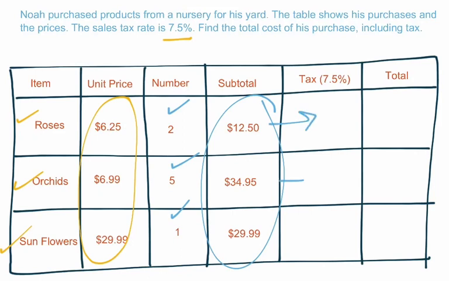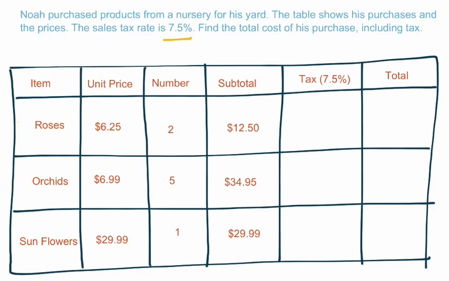What we need to figure out for Noah is how much he paid in tax, and then from there, how that changed the total from the subtotal that he had. So I'm going to back up and wipe some of that away, and we'll knock that out real quick. Solving for sales tax is pretty straightforward. I'll shrink this a little bit, and we'll do roses real quick. We're going to look at the subtotal right here,